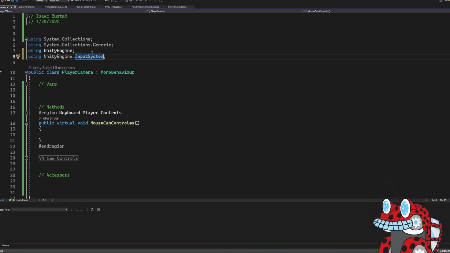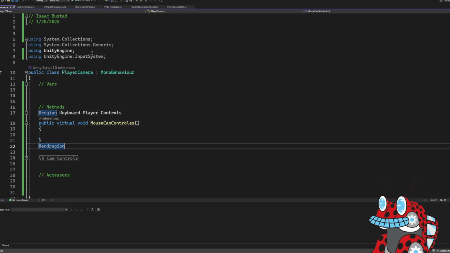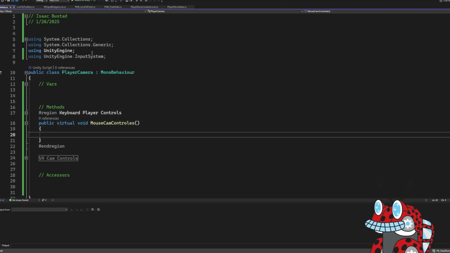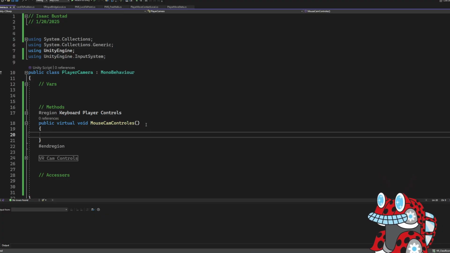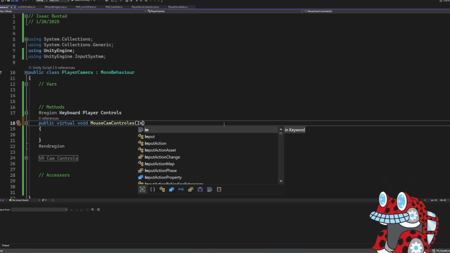It's not fixed. Mouse cam controls. So if we're doing mouse cam controls, that means we're gonna get, oh, it needs to be here. Input, so type